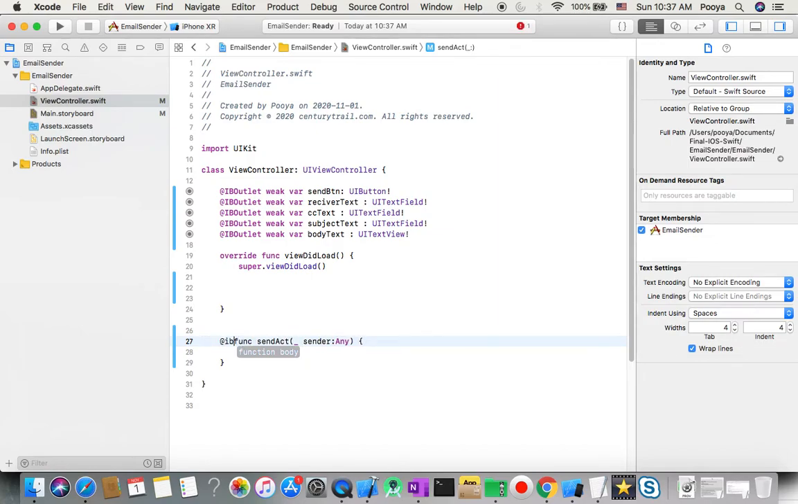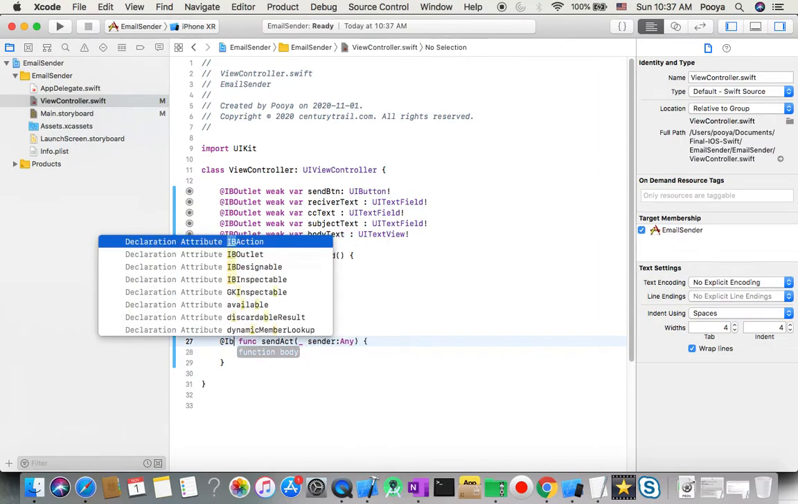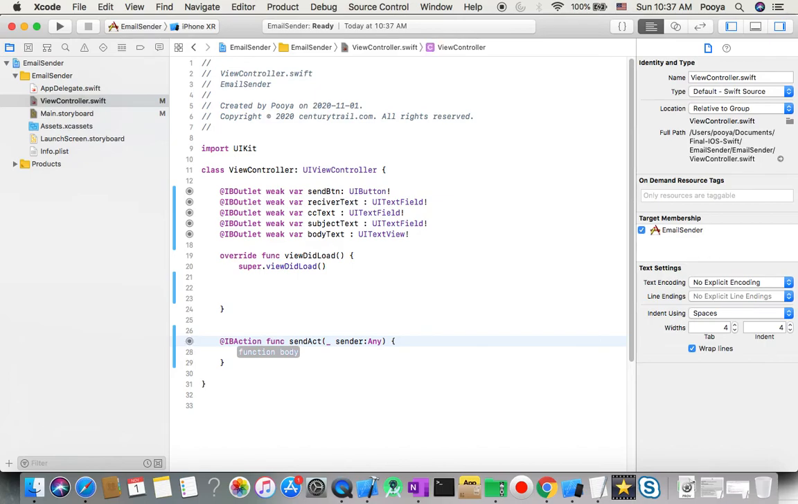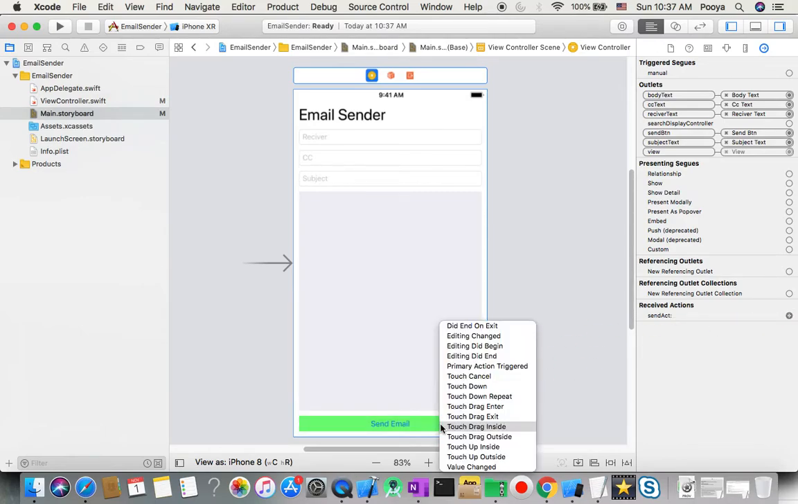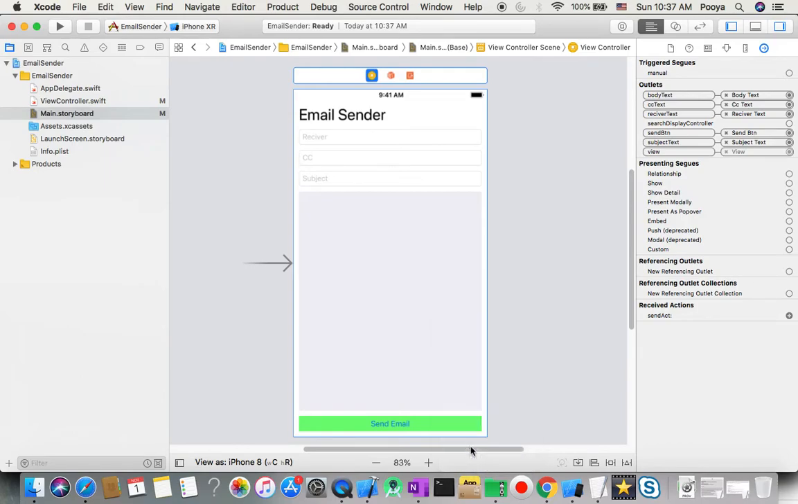We need to add an IBAction. Here you go. So I save it, come back here, now it should be here. Here goes send, and I connect this to here. And here you can see when you want this to be triggered, I usually put touch up inside. It means that when you tap and leave it, you finish your tap. Okay,